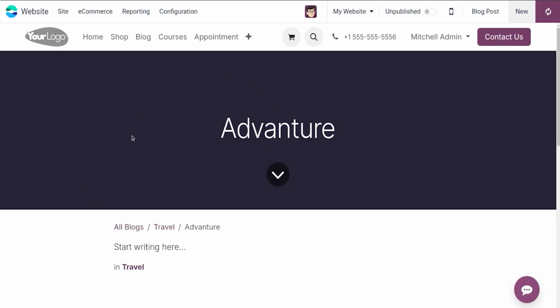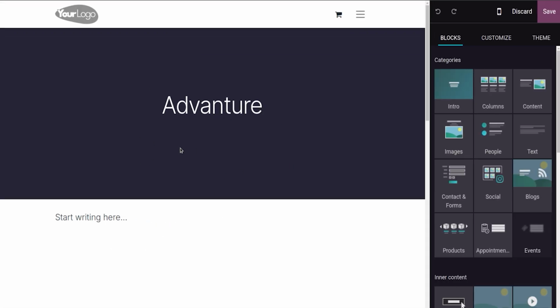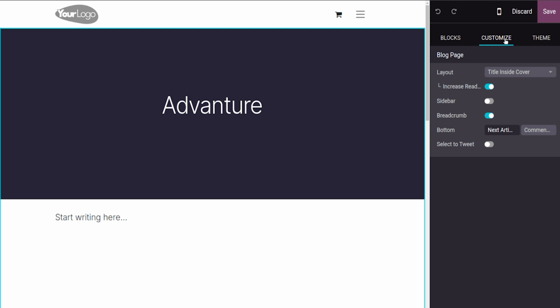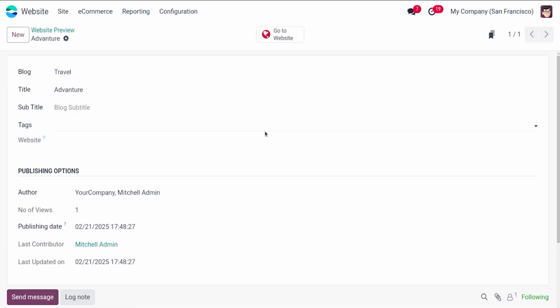And let's click. Here we can see the blog post is added. It's possible to add some blogs, and we can add the customization like this. You can write the title and the necessary subtitles. Here on the right side of the page, you will find the option for creating a new blog page. For editing this tool, here we can see the blog post, and directly here we can see the